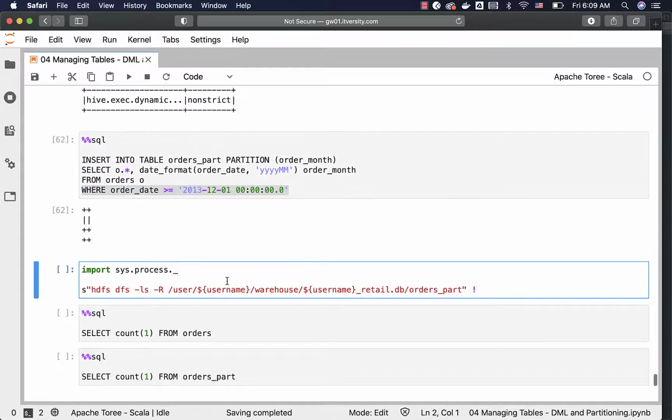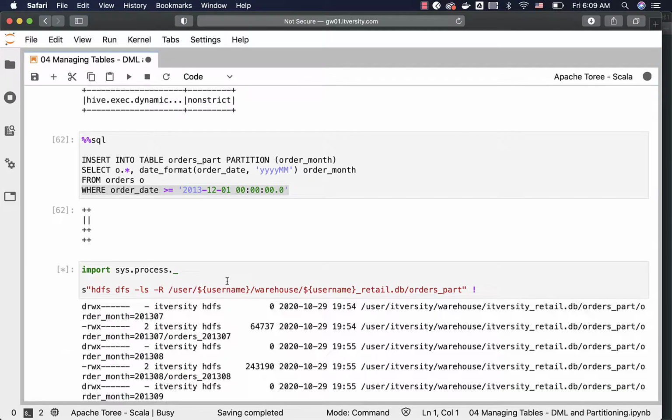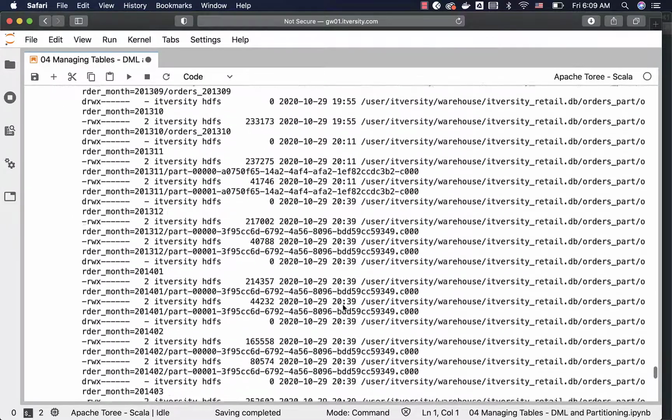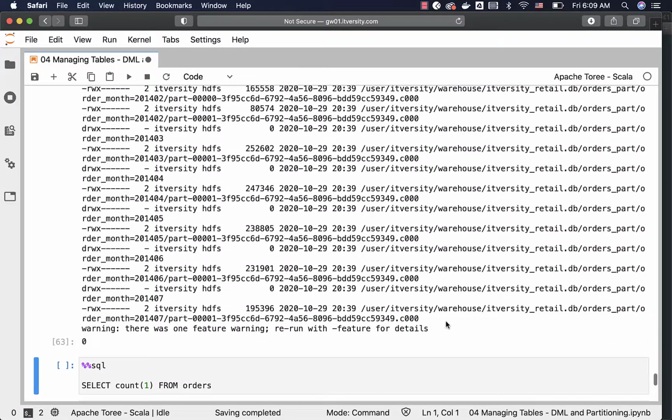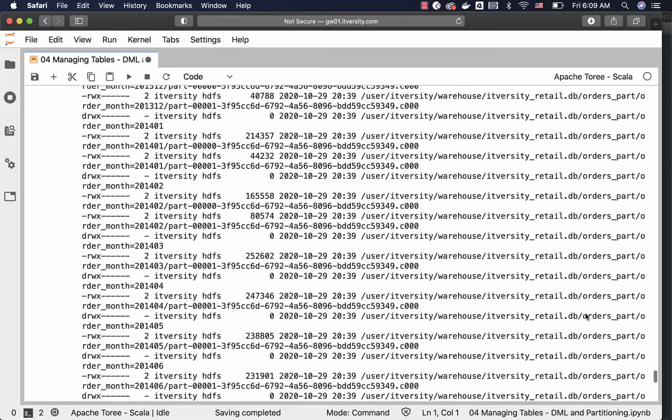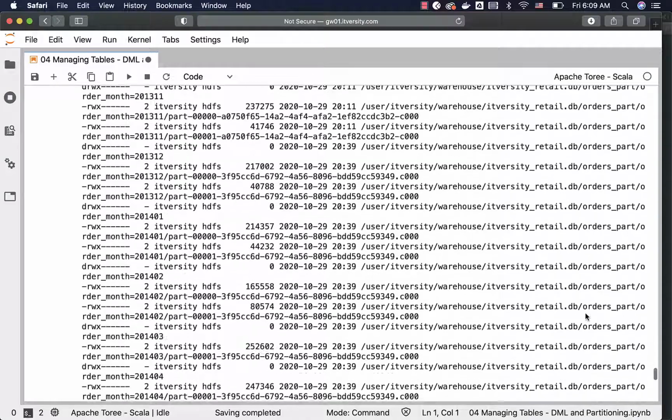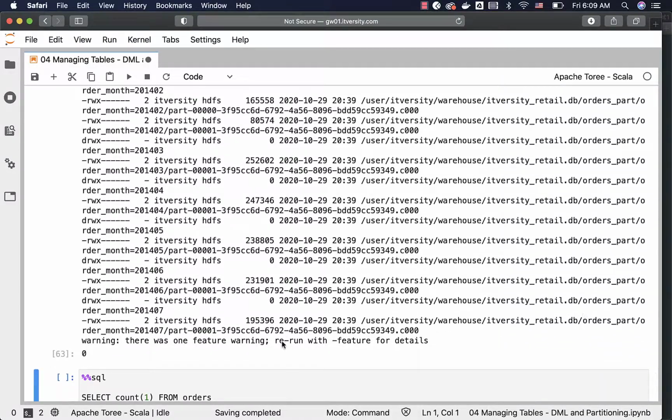Let's review the output of this ls command against orders_part, and you can see that there are more folders now than what we have seen earlier. For each and every month starting from 2013 July till 2014 July, we have the folders. So this is the folder for 2014 July, and this is the file that is added into the table.